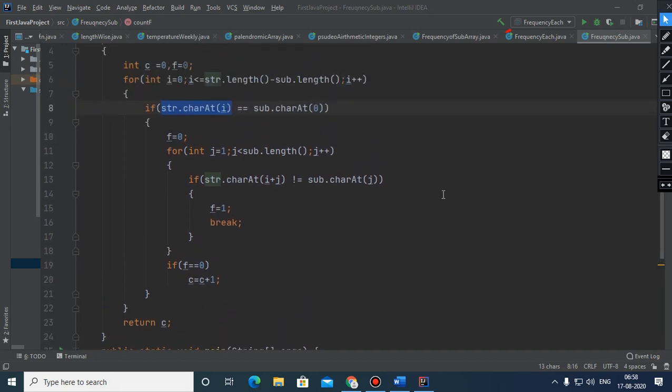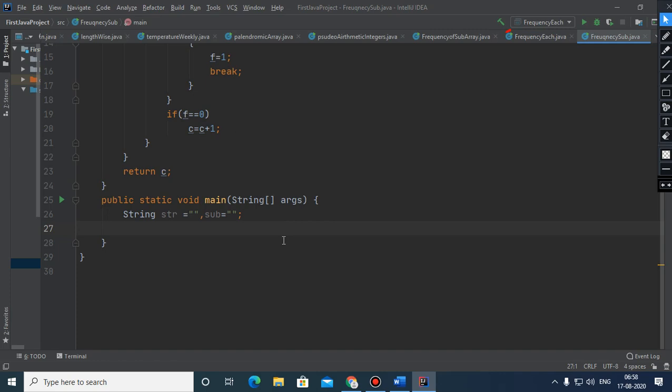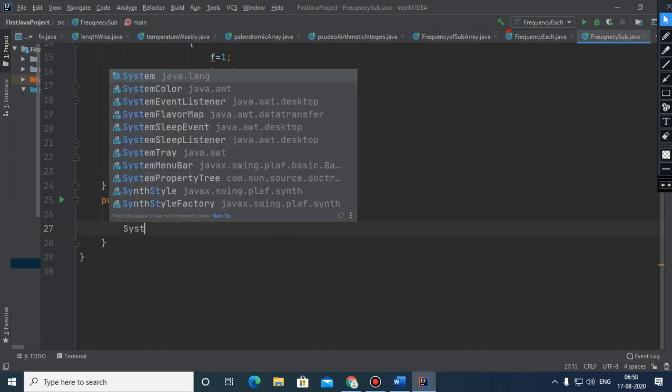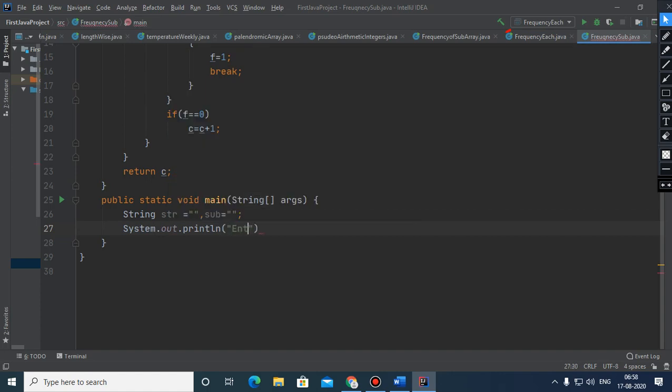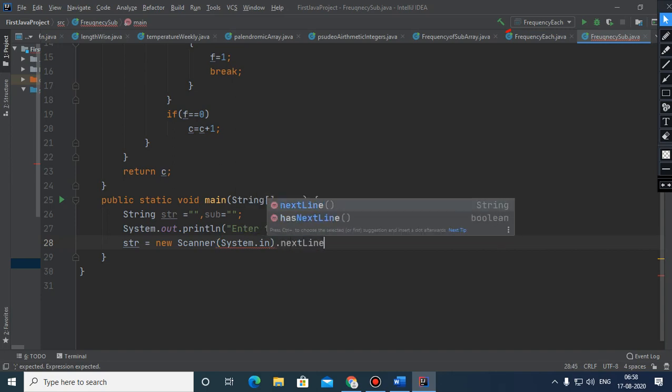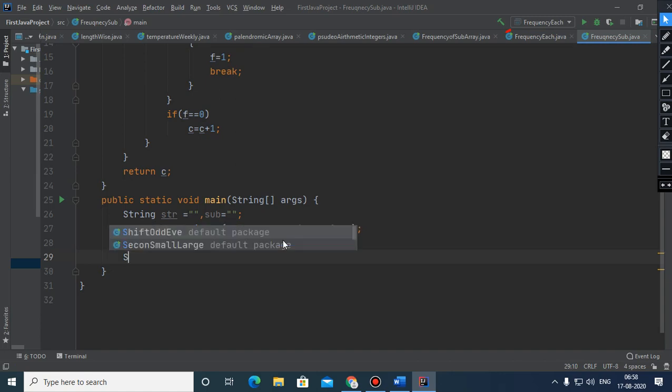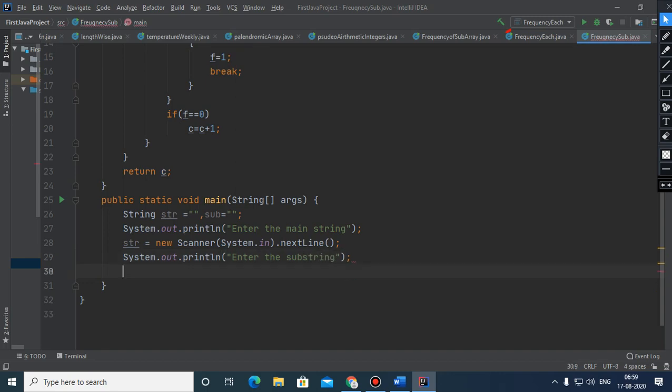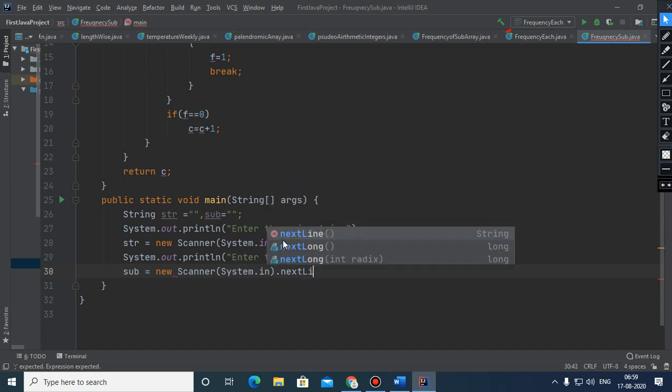Okay, so let us call this function. So here enter the main string, which is str, and new scanner system.in.nextLine, and here enter the substring, which is sub, new scanner system.in.nextLine,